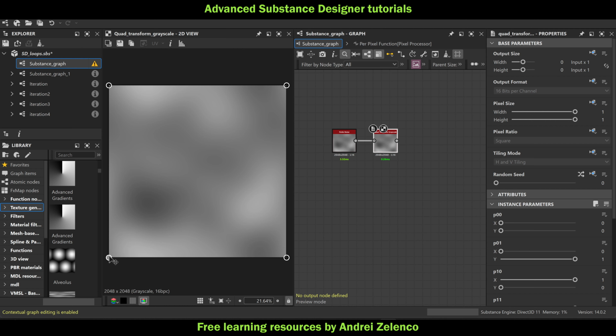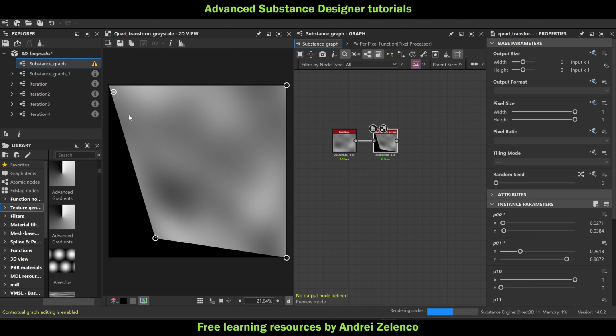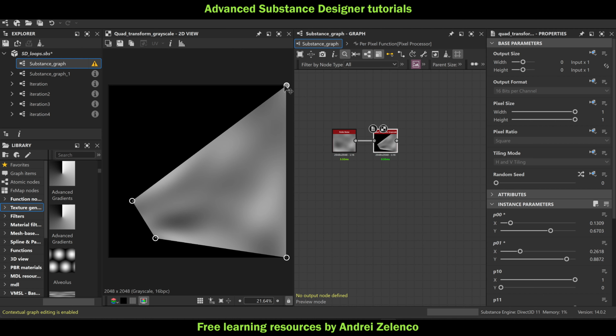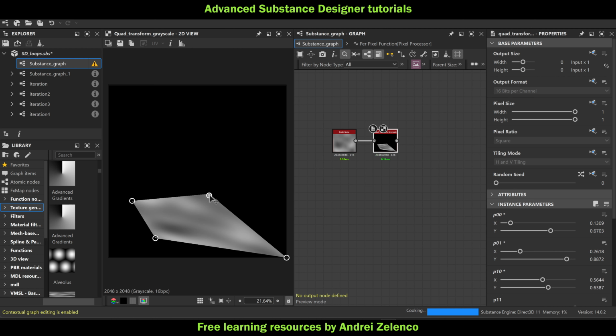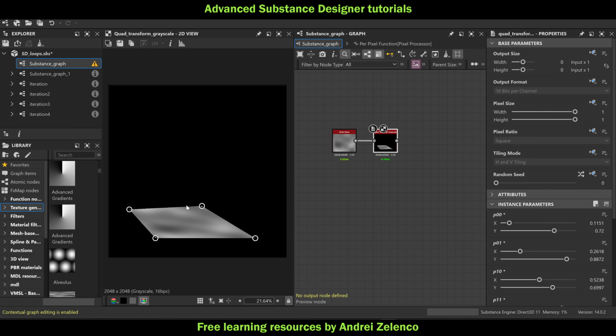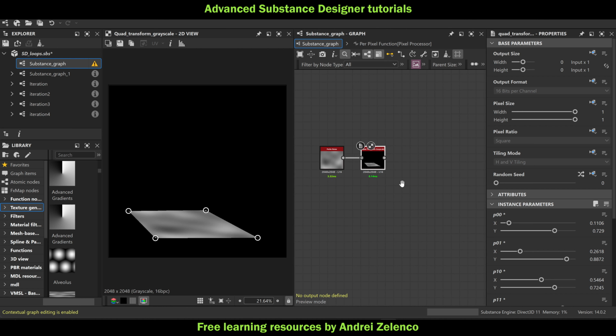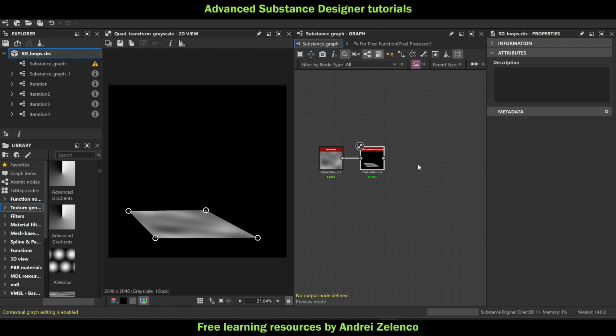Okay, so I want to make it like this. Okay, maybe like so. And then again, I will be using the same idea of using the histogram select, but